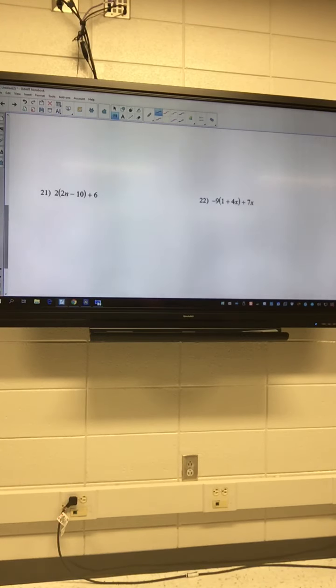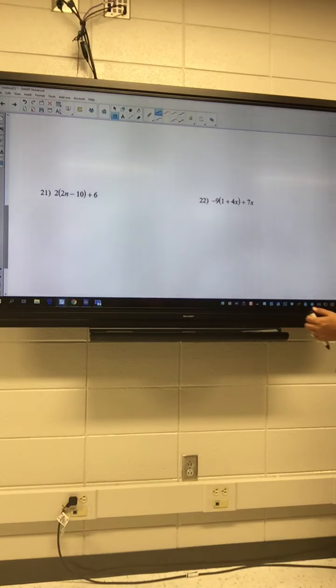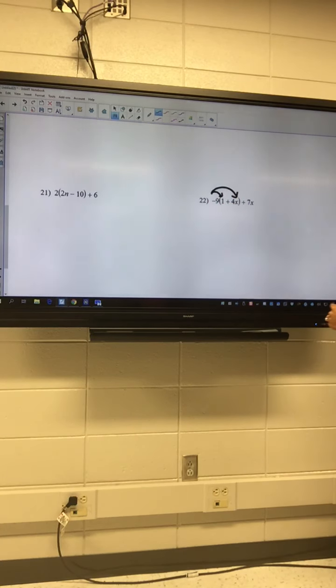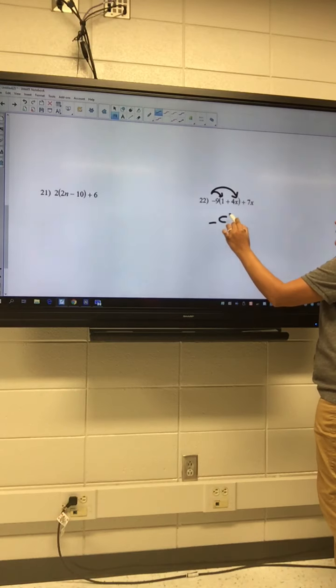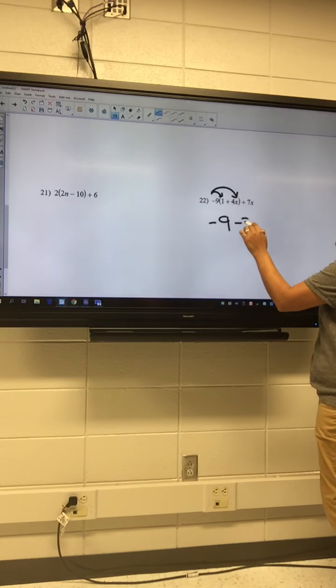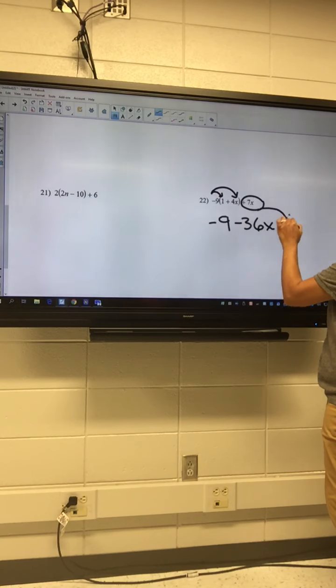Okay, the last one, let's do number, I guess it doesn't matter, we'll do number 22. Okay, so our first thing we need to do is do what? Distribute. Yeah, we need to distribute first, so you gotta boom, boom. Negative 9 times 1 is going to be negative 9. Negative 9 times positive 4 is going to be minus 36x. And then this plus 7x we haven't done anything with, so it needs to come down over here,